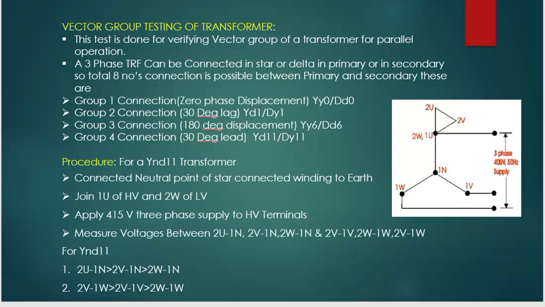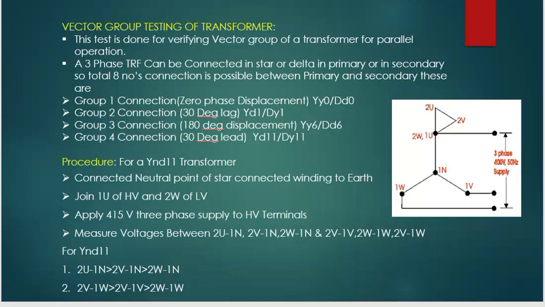in parallel condition, vector group of the transformer should be same. Hence, every electrical power system or power transformer must undergo vector group testing at the factory site for ensuring the customer specified vector group of the transformer. The phase sequence, or the order in which the phases reach their maximum positive voltage, must be identical for the parallel operation of the two transformers. Otherwise, during the cycle, each pair of phases will be short circuited.